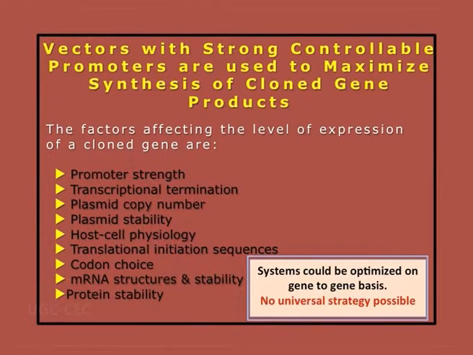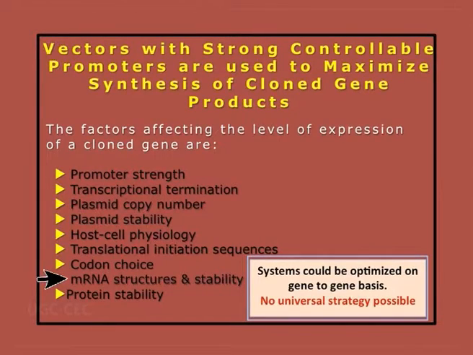That is very important, because codon bias indicates that if you are using a particular codon in a particular host, then the corresponding tRNA should also be present inside the host cell. And next is mRNA structure and stability. That is very important, because if the mRNA is not stable, then there is no question of overproduction of a protein. And finally, we need to focus on the final step, that is the stability of the protein.